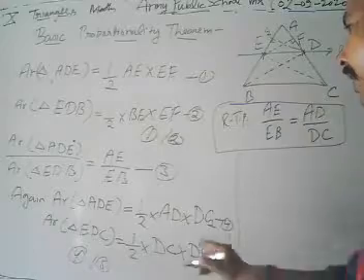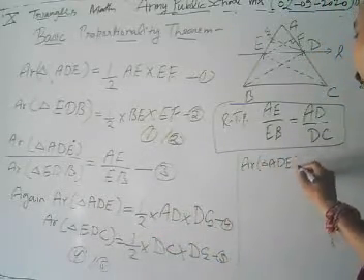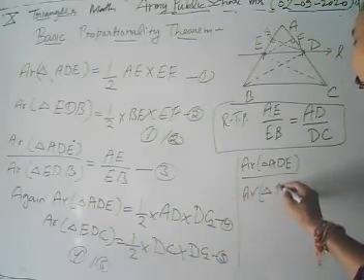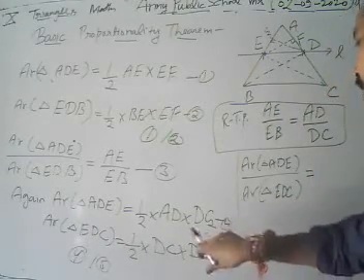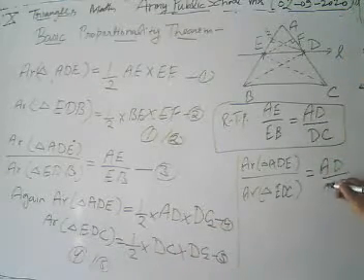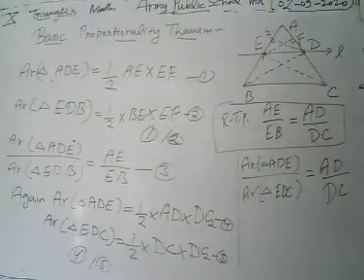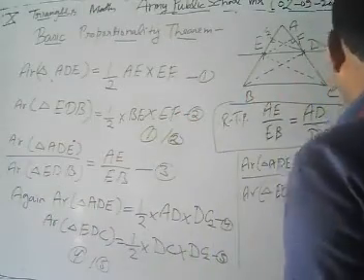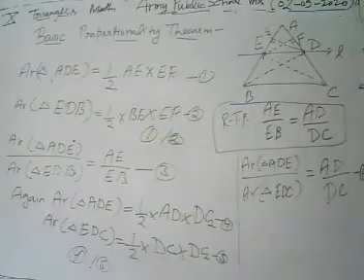What do we get there? We get that the ratio of area of triangle ADE to the area of triangle EDC is equal to, DC cancels out, half cancels out. Then what we have is AD to DC. Now look, we have 4, 5. Now we are going to take it as 6.